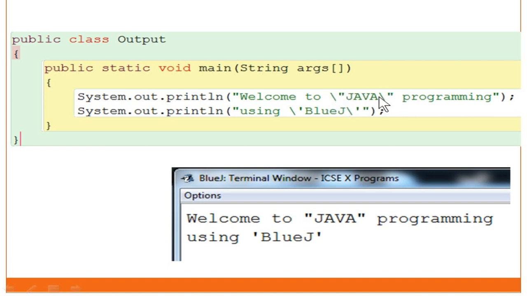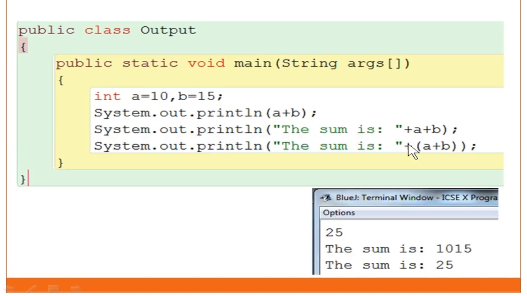If you want to print it on the output screen, then you have to use a slash in front of the double quotes. Same way, if you want to print a single quote, you have to use a slash sign in front of it, so that it will print a single quote on the screen. Unless you use the slash symbol, you cannot print double quotes or single quotes on the screen.